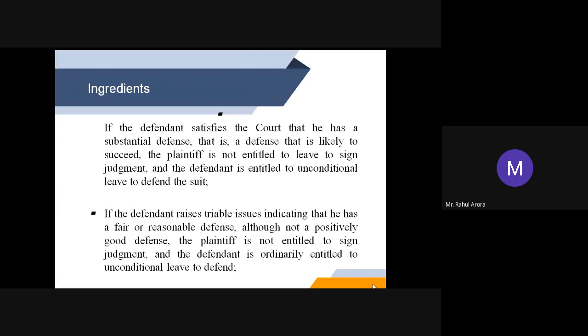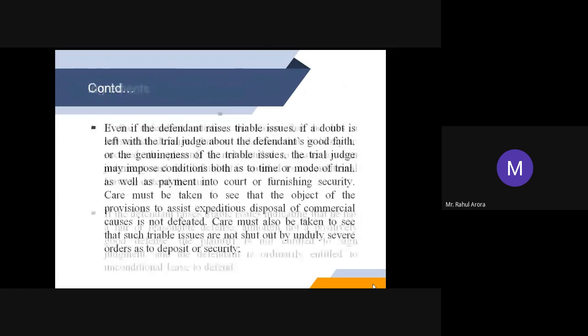Next, even if the defendant raises triable issues, if a doubt is left with the trial judge about the defendant's good faith or the genuineness of the triable issues, the trial judge may impose conditions. So this is known as conditional leave to defend. In my previous two examples, I had discussed with you the unconditional leave to defend, where the court may give an unconditional leave to defend. Now I am discussing the circumstances under which a conditional leave to defend can also be granted. Even though there is a triable issue, but the court is not satisfied about good faith, then in those circumstances, the court may grant the